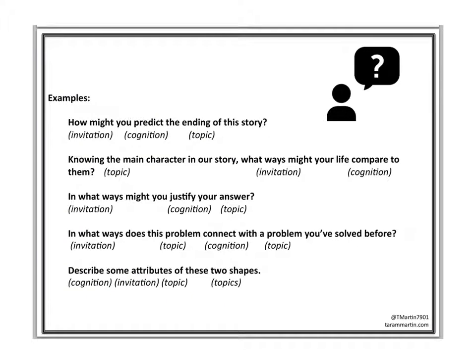On the second page, which I usually print this map back front and back, if you look at the second page, you can see, you can start with the invitation. How might you predict the topic? And you have it here. How might you predict the ending of the story? Or you could start with the topic. Knowing the main characters in our story, what ways might your life compare to them? Or you can take it and you can put the cognition first. Describe some attributes of these 2 shapes. It doesn't really matter how you manipulate